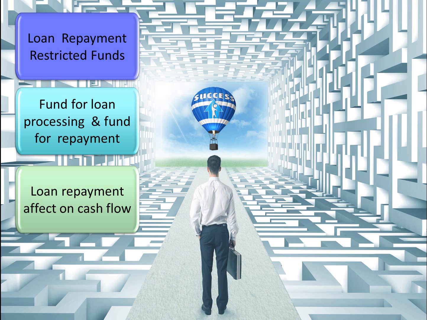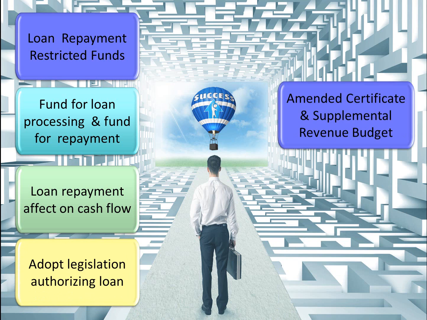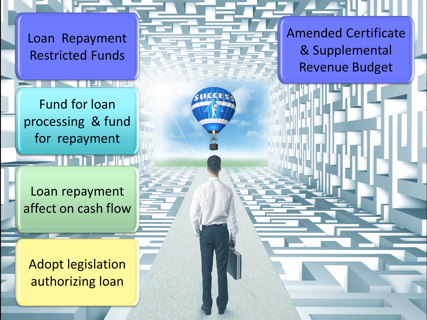Consider the cash flow of the fund to be used for the loan repayment. How will the debt payments affect the cash flow within operation expenses until that loan is paid in full? Will you cause a cash crisis in the fund before the loan has been fully repaid, as we saw in our earlier example in monitoring cash flow? And then finally, when all of these factors have been considered, the board adopts legislation authorizing the loan, and this is only the beginning. Now the fiscal officer can request an amended certificate for the new debt revenue and enter